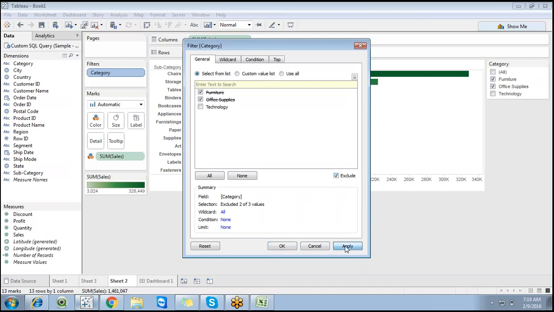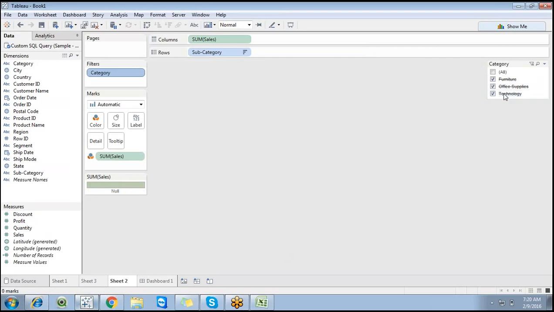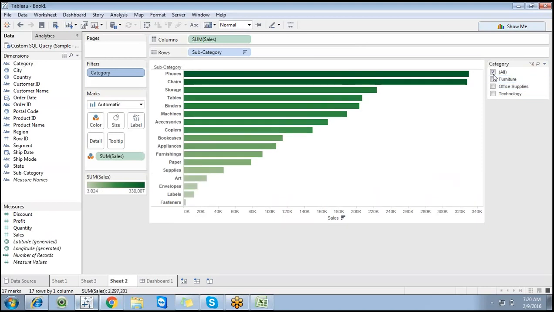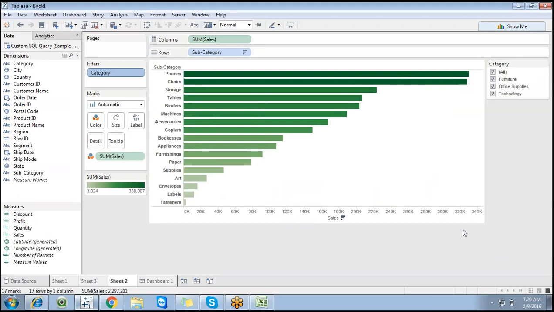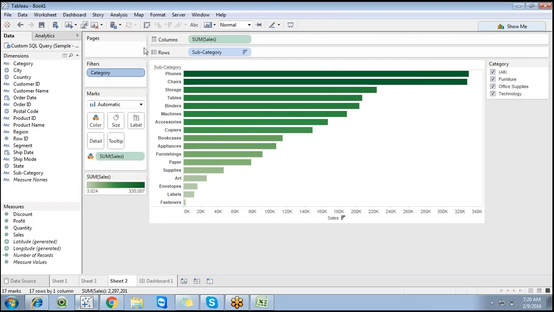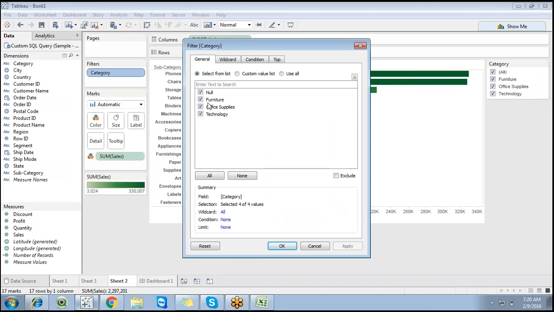So if you want to work with include or exclude, when you select a particular option, it is exclude. If you're working with include, it depends on the check boxes. Or you have a drop down option, I can see exclude values. Click include. Now you can uncheck. It is purely based on a selection. If you unselect any element, it is include or exclude values. This is simple. Right click on a category, filter, you can go with general, exclude.